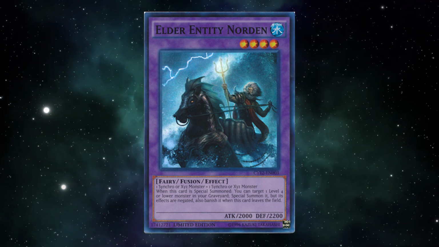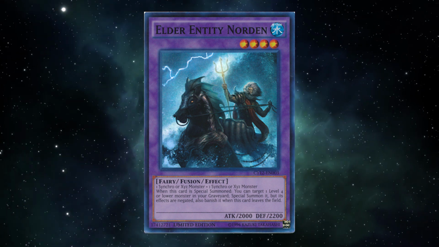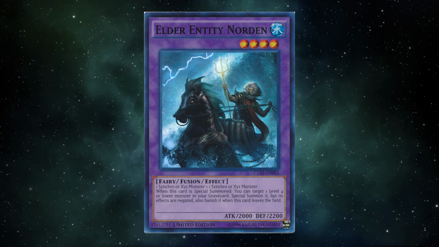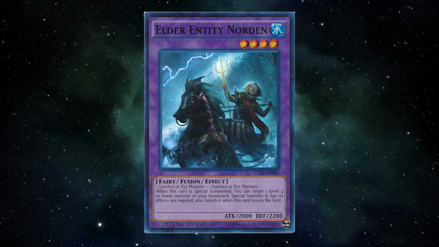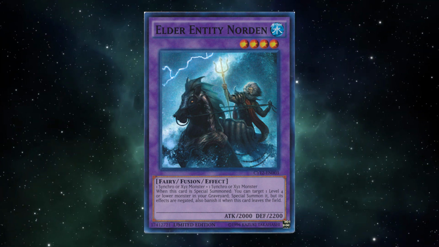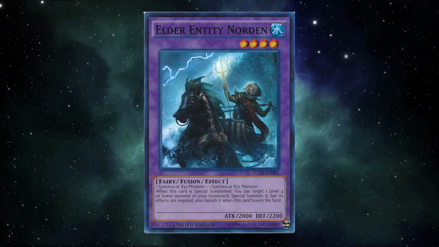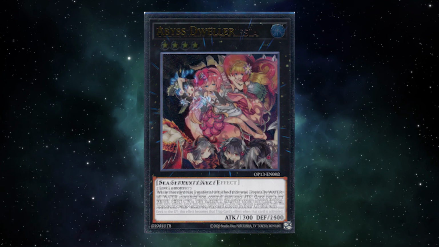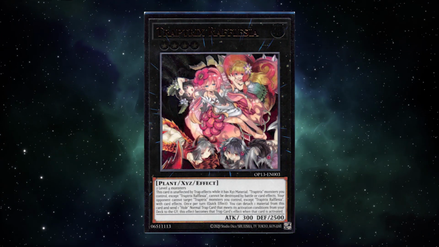In the modern game, this might not seem too incredible, but once upon a time, the generic rank 4 toolbox was one of the strongest and most reliable series of cards in the game. Going first, Norden could get you a free extra piece of disruption on top of your end board, such as an Abyss Dweller for shutting off graveyard effects, Trap Trick Fleesia for an extra bit of monster disruption, or